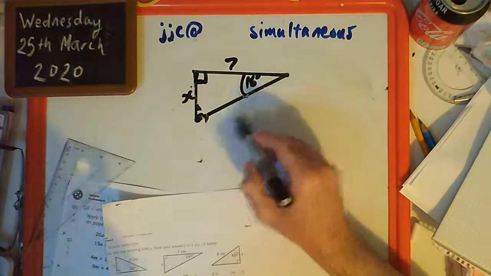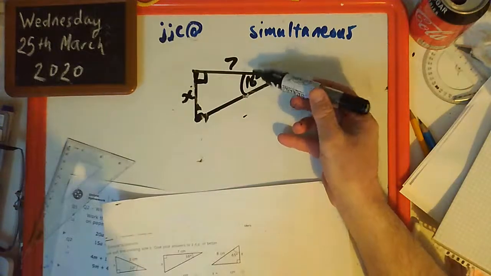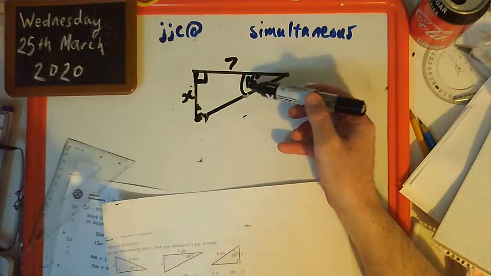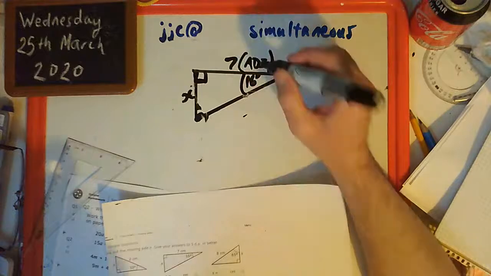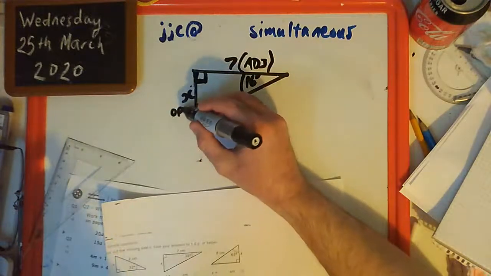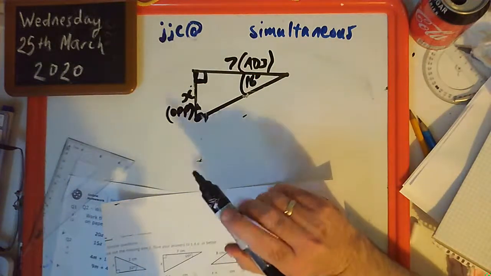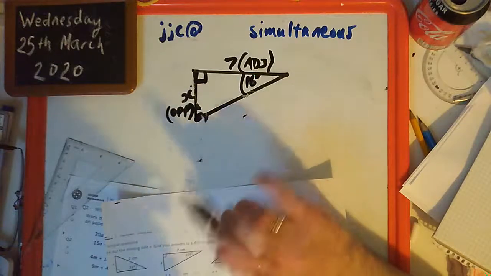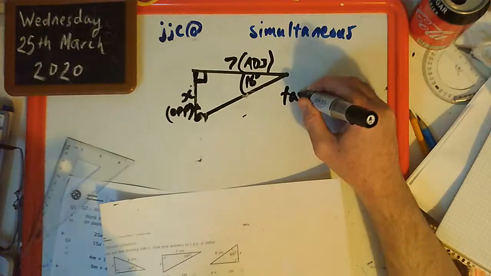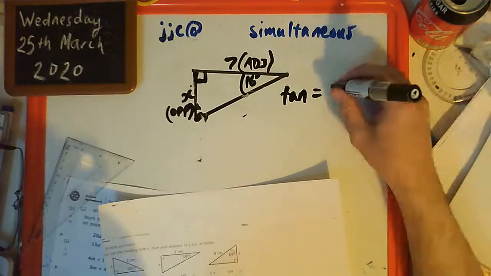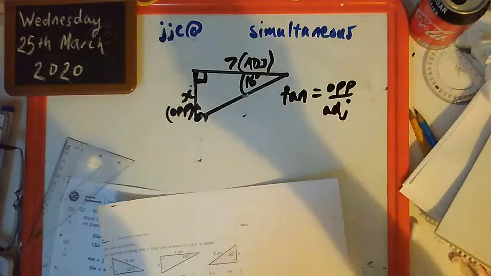Okay, so the longest side is opposite the 90, the hypotenuse. This problem doesn't involve the hypotenuse because the X and the 7 are the other 2. The 7 is next to the angle we're talking about, it's next to the 16 degrees. So that's the adjacent. And then the X is opposite the 16 degrees. So the information we're concerned with is the opposite and adjacent. So we need to remember that the trig ratio that concerns opposite and adjacent is tan. So tan equals opposite over adjacent.